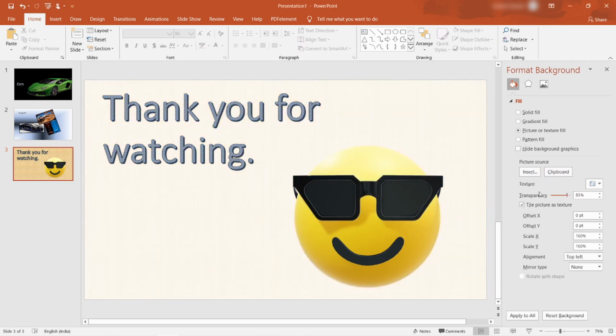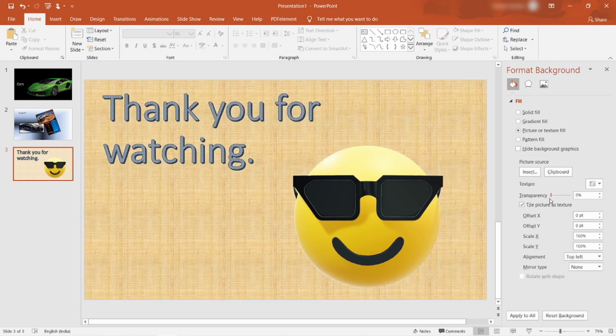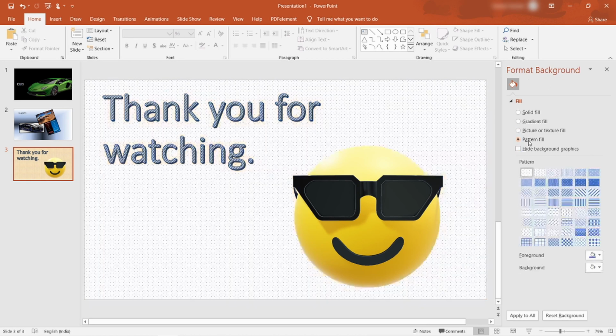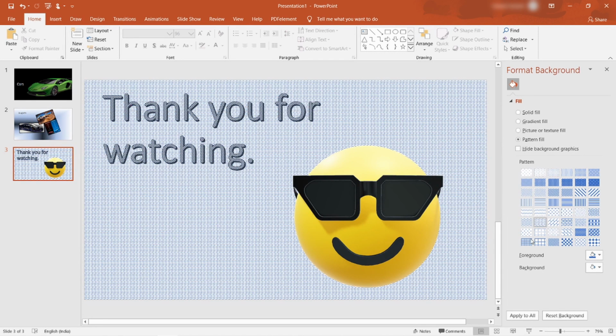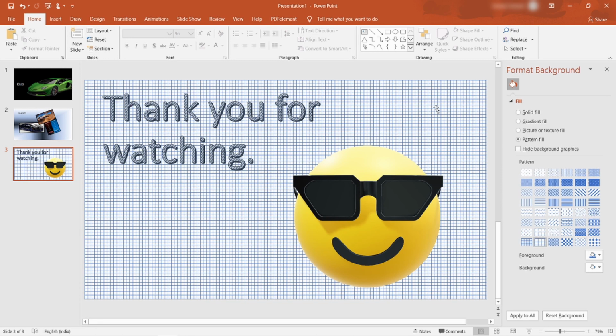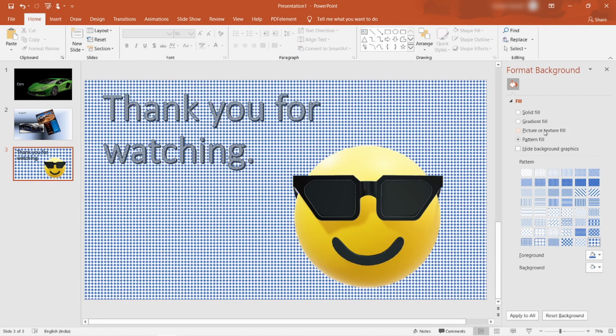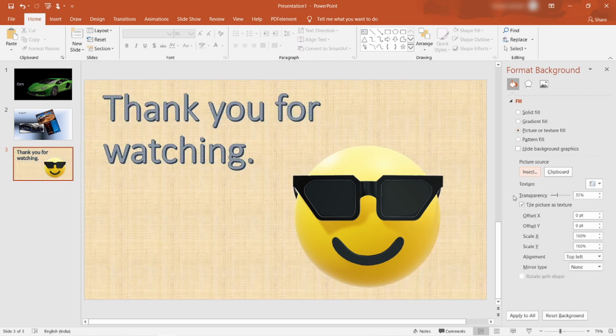So this also has a transparency. I think this looks nice. And you can also do a pattern fill, where there are also many options, like this one or this one or the grid one. This looks more for maths, or this, there are many. So I recommend these three things. This one is good.